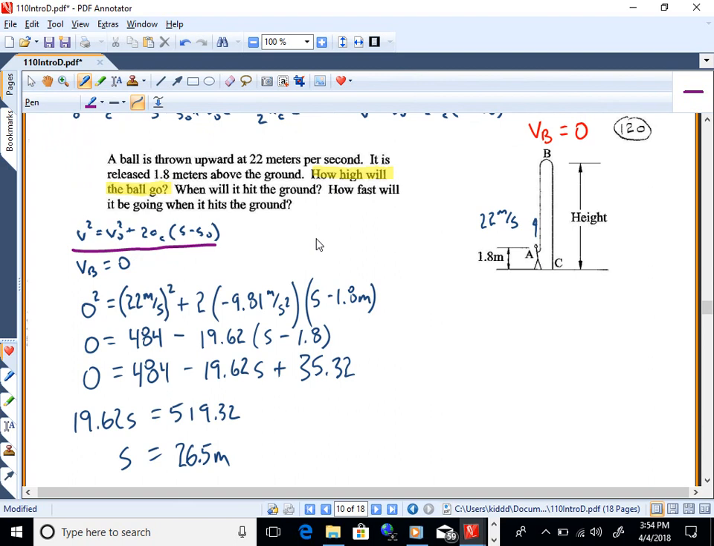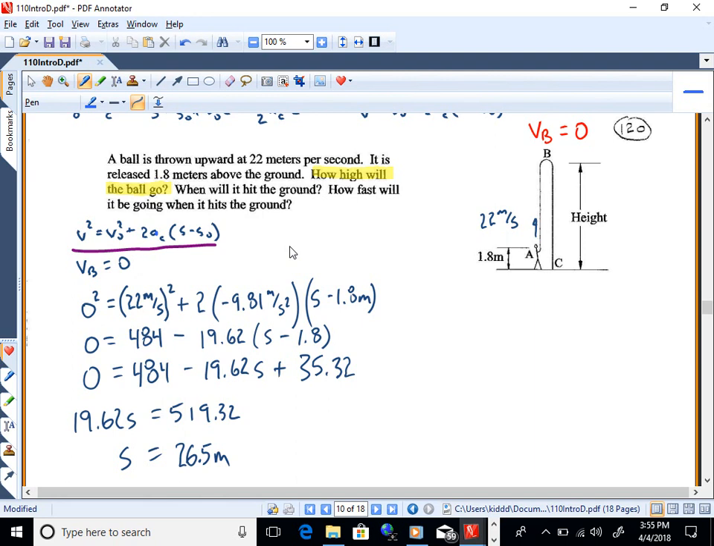So there's my equation I'm going to use. And I know that VB is 0. So 0 squared is 22, which is V0 squared, plus 2 times AC. Now AC is negative, so you got to watch your signs on this stuff, okay? You got to be a little bit conscientious about how you approach this stuff. So watch your signs. Okay? So plus 2 times negative